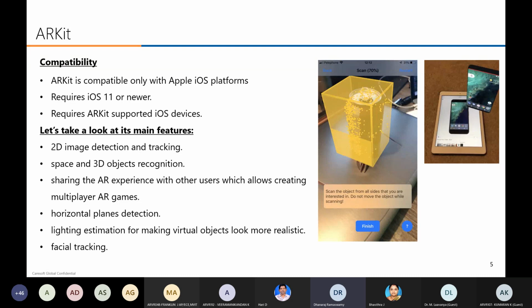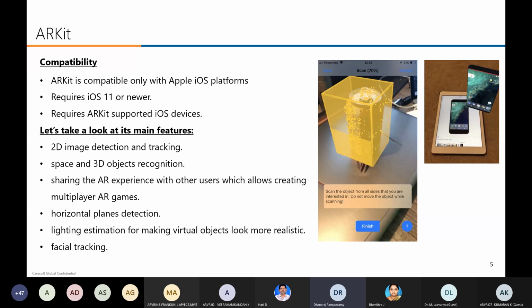So we have gone through two applications. One is measurement, and one is a plane detection game. In the plane detection game, what we have done is we have detected the surface. Actually, I have detected my table, so it detected the table, and I have placed a 3D object. You have seen that blue color box. I have placed them one by one on the table. Okay, that is the first sample application.